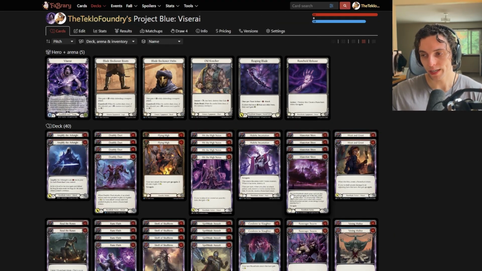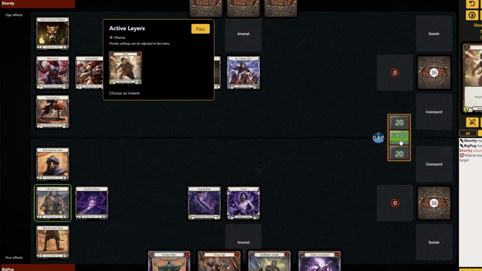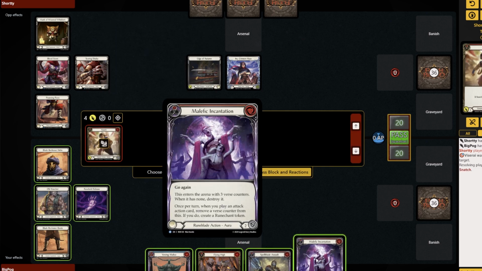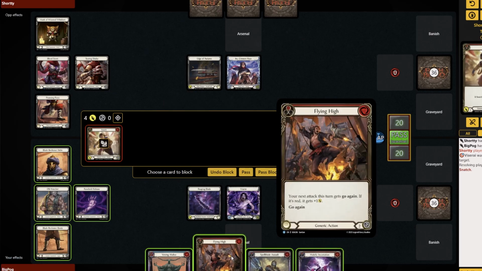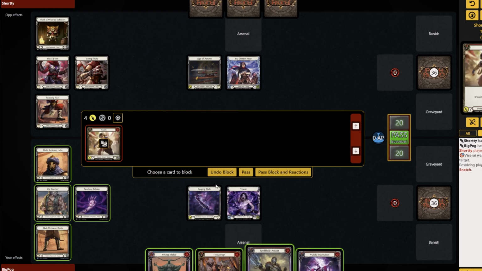But that's the overall deck list, so we'll jump into a game. You can see how it plays. Ire opens with a turn 1 Snatch. Unfortunately, our hand is kind of everything that I would want for this. Going second, we're able to play Malefic. We'll specifically Flying High, Malefic to make a Rune Chant, and we can swing the Spellblade and then swing the